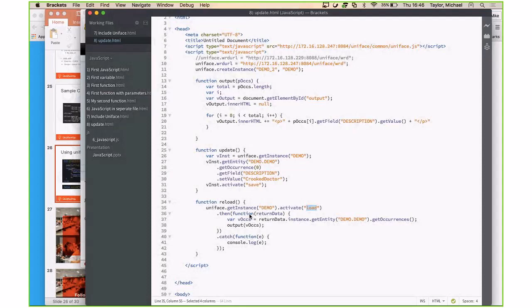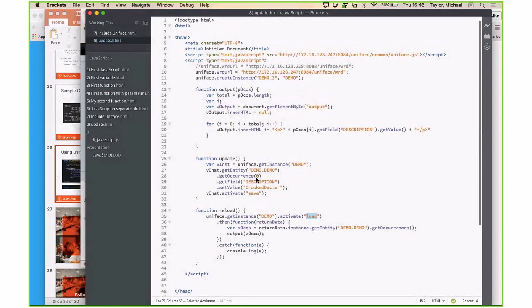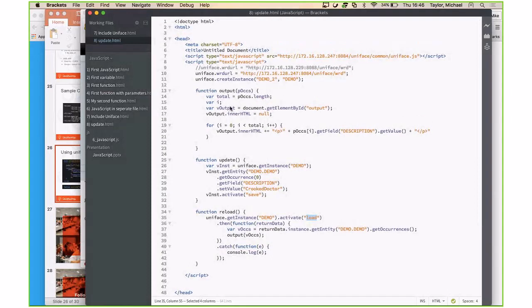I'm then going to, when it returns successfully, output my occurrences. I'm going to do that by first of all getting the instance that's been returned from the activate. I'm going to get my entity, and then I'm going to get an array of occurrences, which I'm going to pass to an output function. The output function is going to clear existing data, and then it's going to loop through all my occurrences,